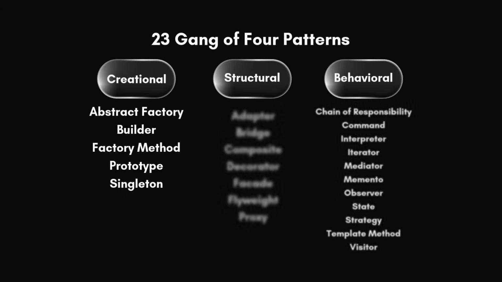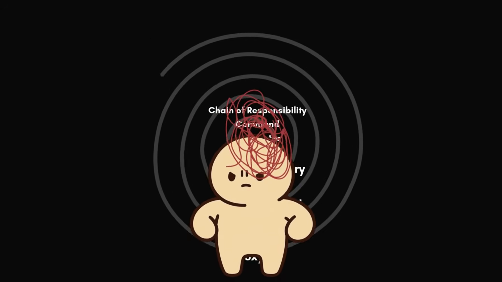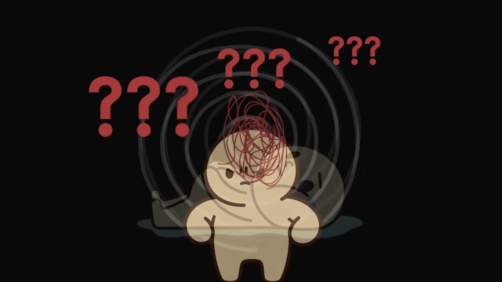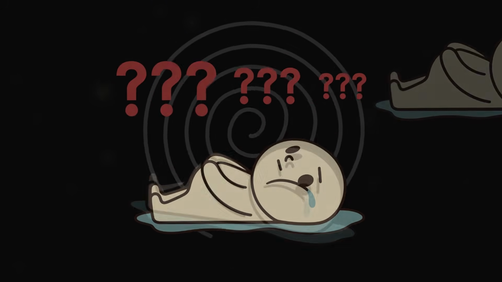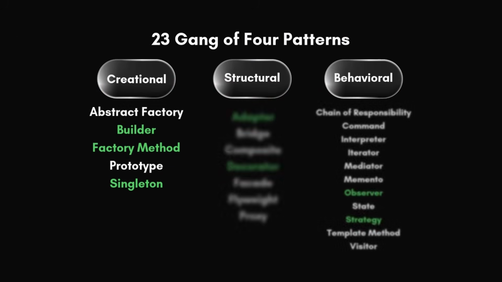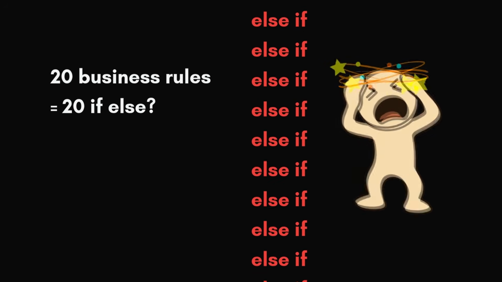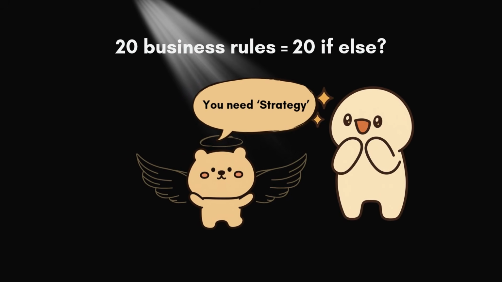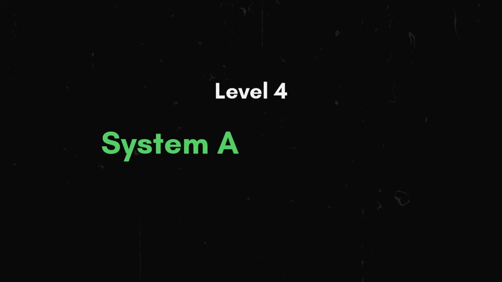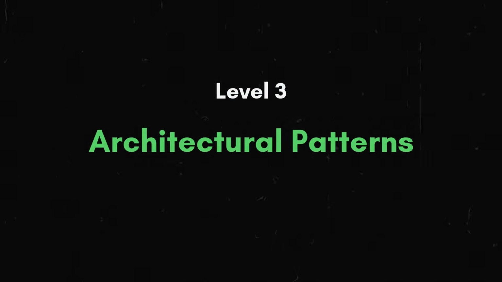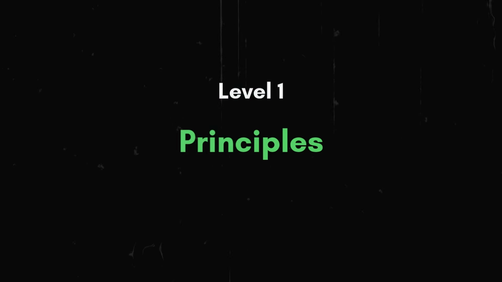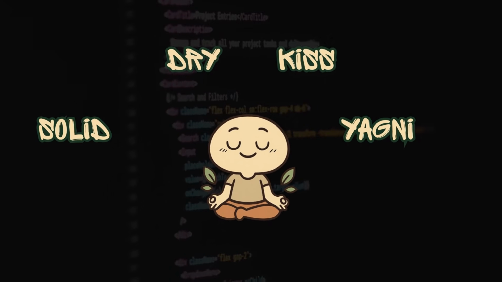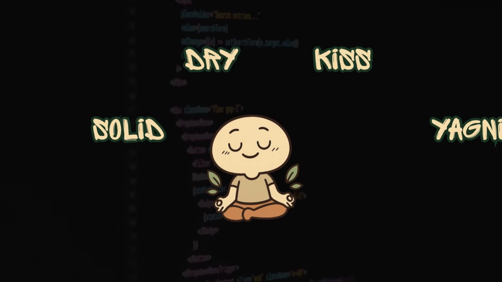Not every project needs these patterns immediately, and you definitely do not need to memorize all 23 Gang of 4 patterns. In real-world projects, only a few are used again and again. The important part is understanding the problem each pattern solves. And underneath all of this, underneath the architecture, the folders, and the patterns, are the fundamental engineering principles. These are the invisible laws that keep the entire system sane.